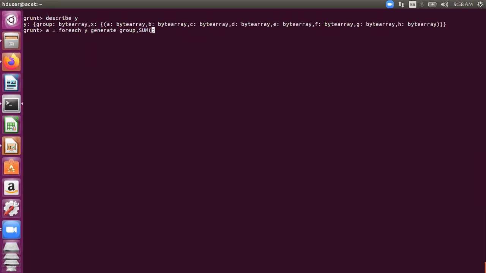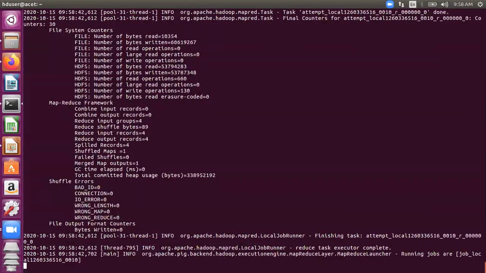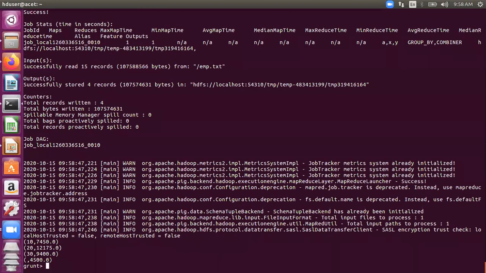The column is F, so it should be x dot F. So what I'm trying to do is from my group result, I'm generating the group and the sum of the total salary in that group. So if I dump here, you'll see department number and total salary. Okay, so in department 10, the total salary is 7450. In 20, it is 12,000 something, and so on.